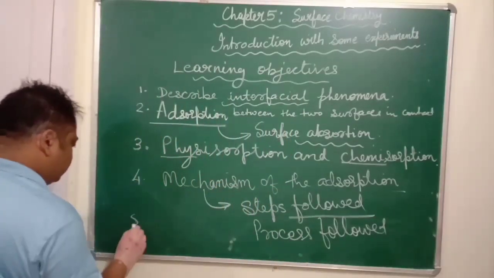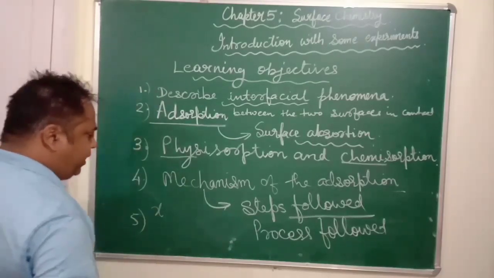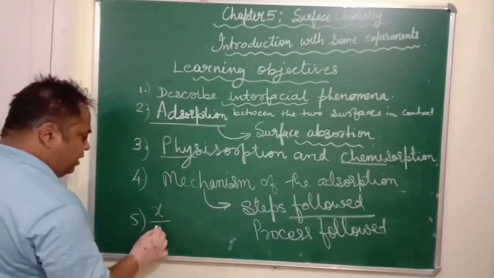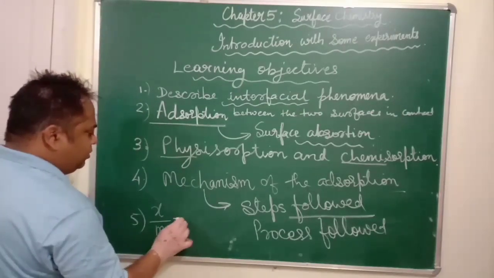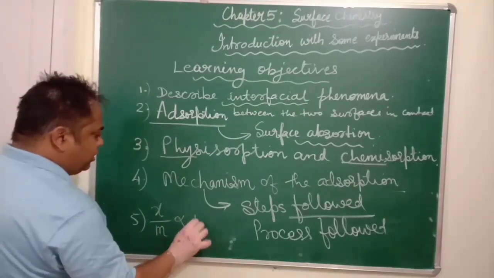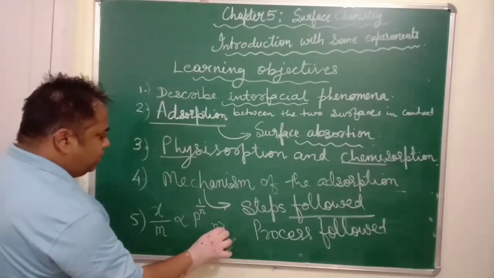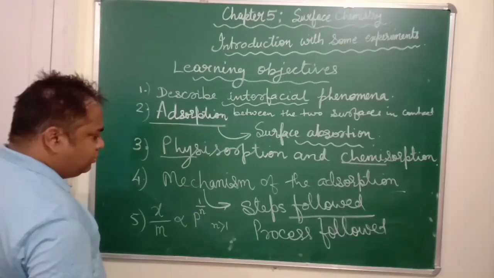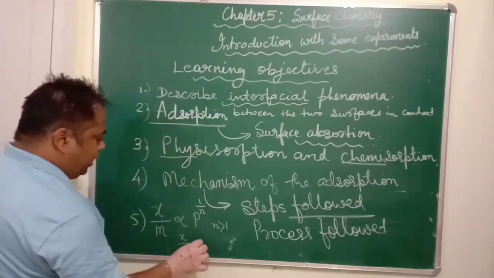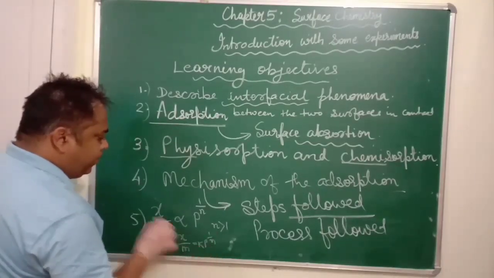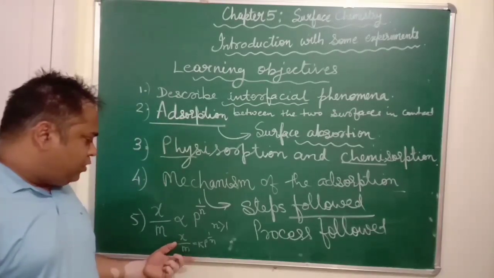So we will be studying how much adsorbate gets adsorbed in unit quantity of adsorbent and its relation with the pressure and the order of adsorption, where n should be greater than or equal to 1, so that it is a fraction. So this relation will again become x by m is equal to k p to the power 1 by n. Based on this, we will draw 2 graphs in which we will be drawing a graph between x